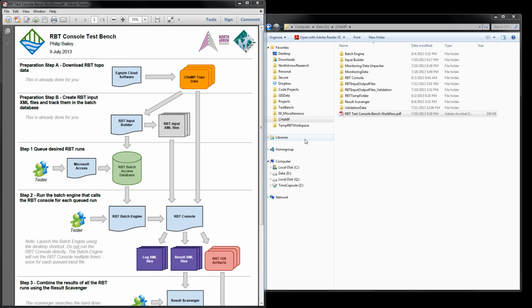The goal of this video is to describe how to get up and running with a batch of RBT console runs against a set of CHaMP data and then scavenge the results into an Access database. So I've got the workflow that we're going to go through on the left here, and on the right I